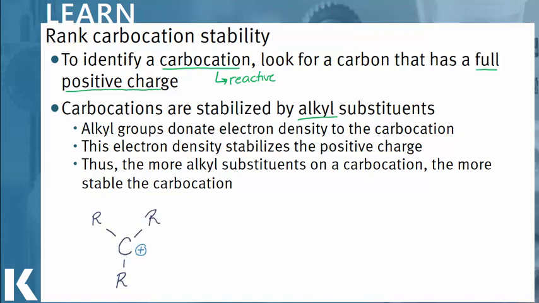So let's take a look at an example carbocation. This carbocation, we know it's a carbocation because of that positive charge. And this particular carbocation has 3 R groups. These R groups will donate electron density to that carbon, and it will make it more stable. Now, this is not to say carbocations are stable. Remember, they are very reactive. But because of all of these alkyl groups donating electron density, this carbocation would be stable enough to form in